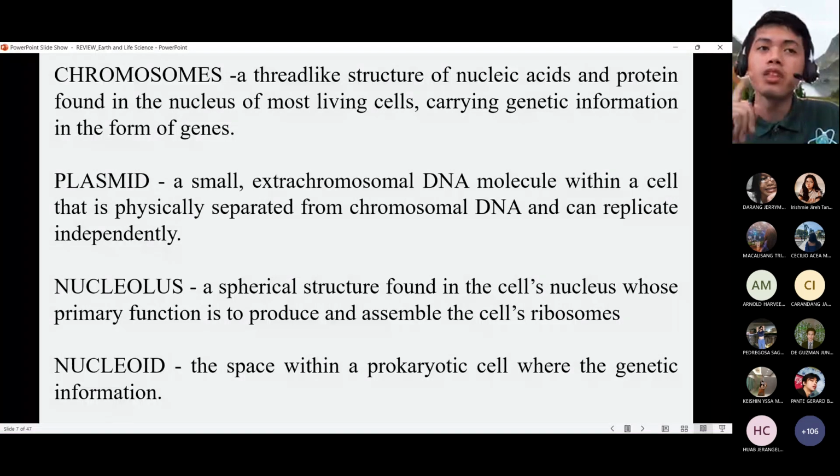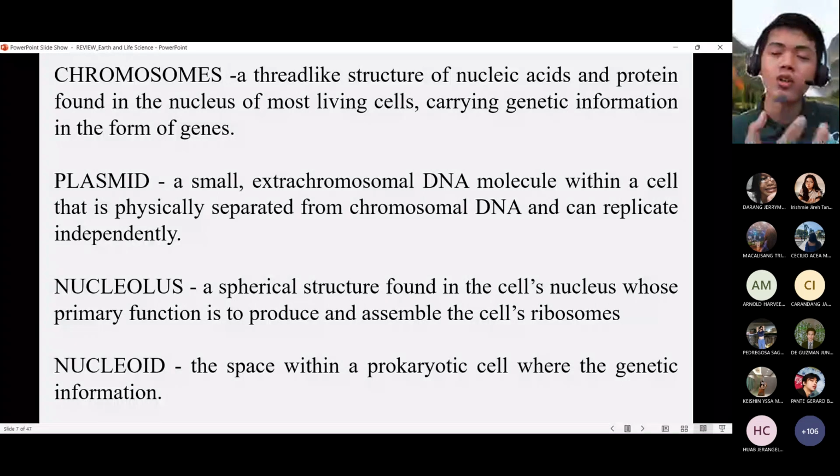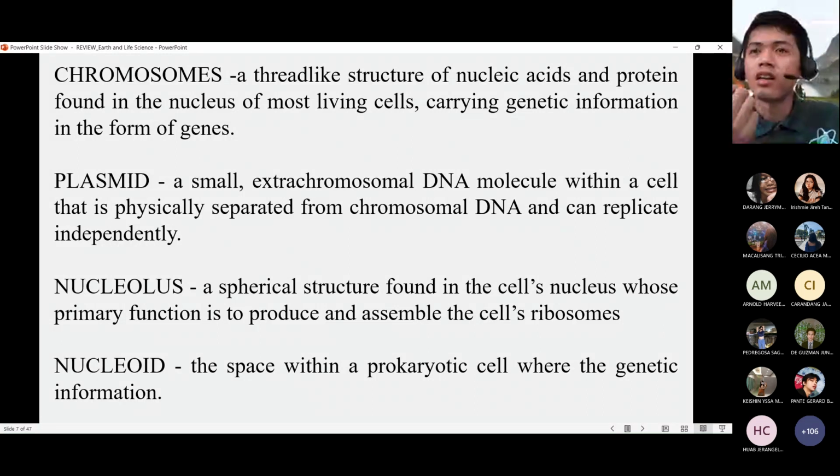Now, for the nucleolus, the nucleolus is a spherical structure found in the cell's nucleus. If you still remember the parts of the cell, specifically the nucleus, it has this nucleolus region wherein the synthesis or the production of ribosomes happens. If we combine small proteins and proteins, we can form these ribosomes, which is a